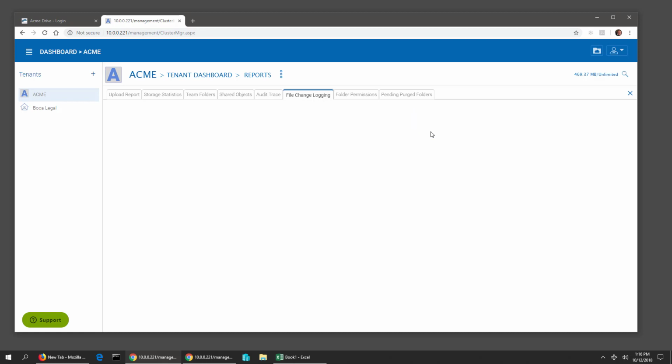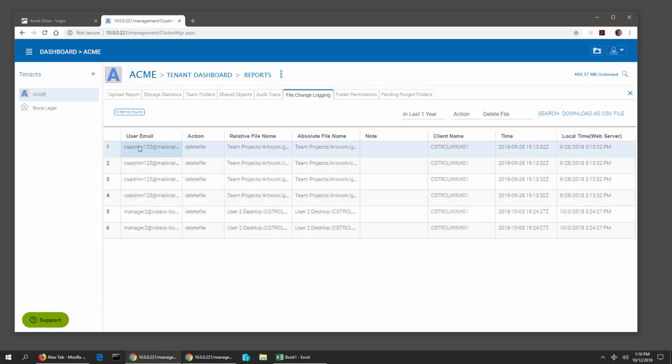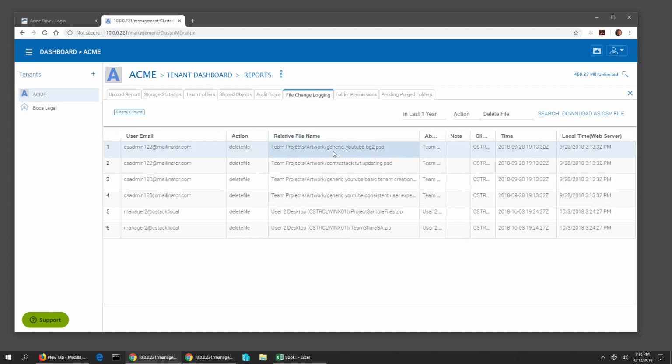Then I'm going to go for action, and in the third option I'm going to choose delete file, because I want to know who has deleted files. And when I do a search here, then I get a list of the users, the action, delete file, and you can expand these columns, the relative file name, so you can see what file was deleted,